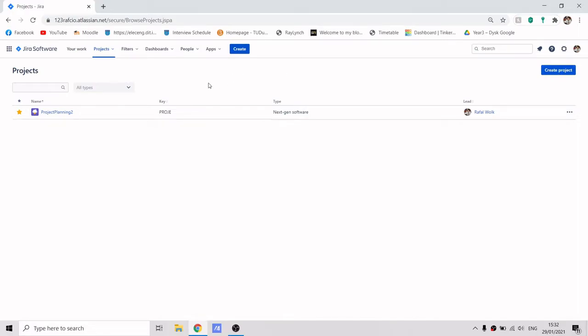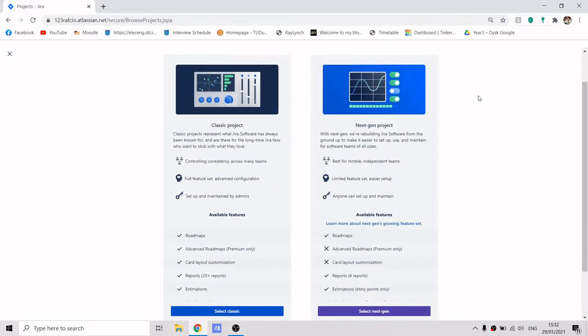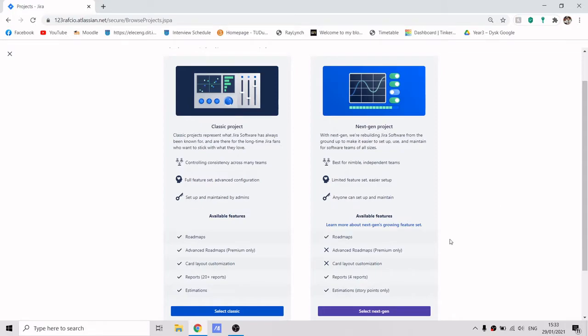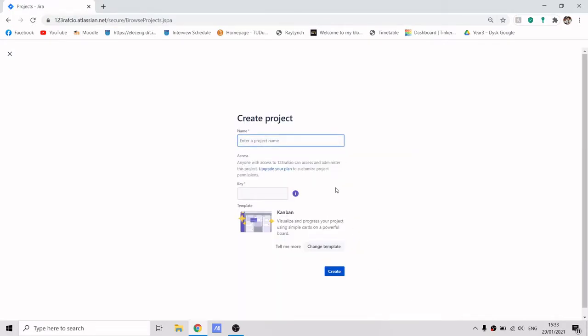So in Jira Software, we can use Kanban boards and we can create our own project by clicking onto projects and create project. It is also possible to do it here. So you click on that and there's two possible options, which is a classic one or a next gen project. Today we're going to focus on the next gen project, and you fill out your project name, whatever you want. For example, Jira demo,